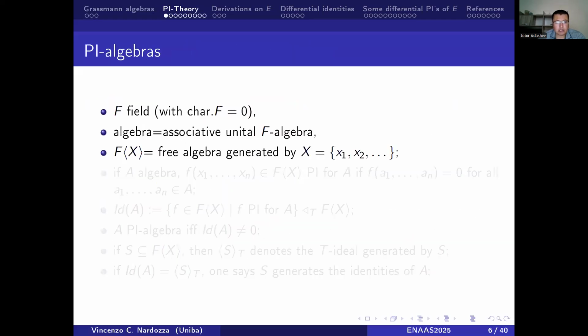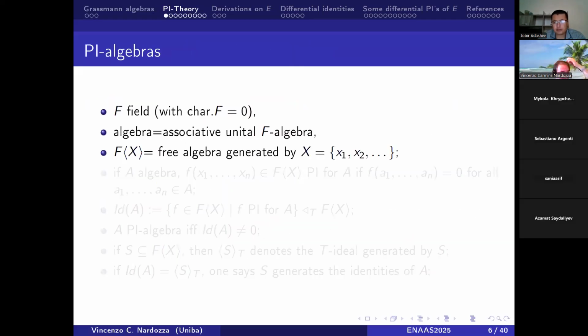Okay, so I mentioned the algebras. I think everyone knows this notion, but for completeness, I prefer to recall it. We consider a field F, and in my talk, this field is always of characteristic 0. By the word algebra, I mean an associative unital F-algebra, so an algebra with an identity 1. And we consider the free associative